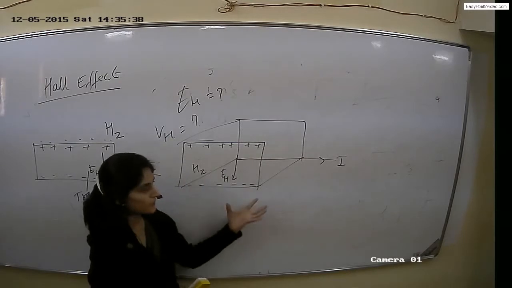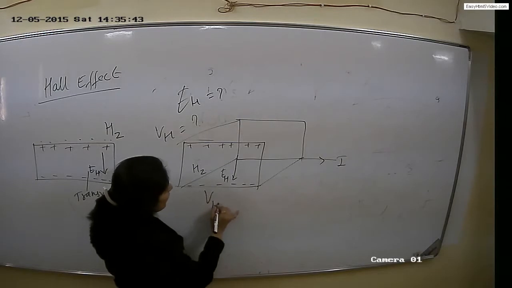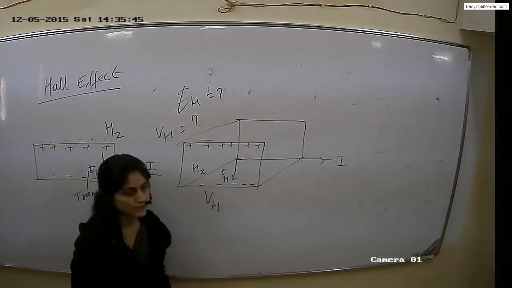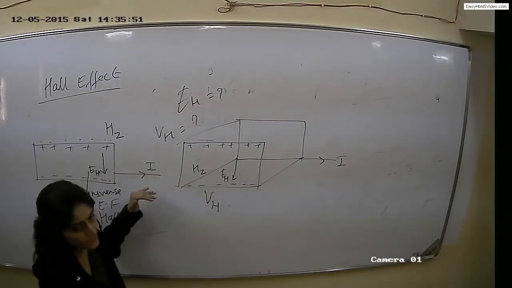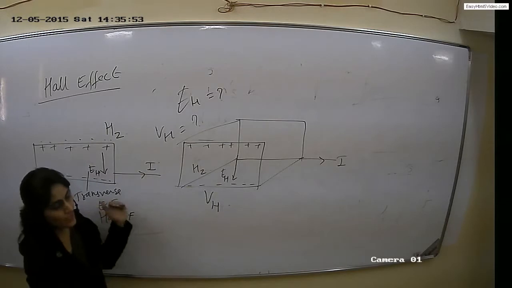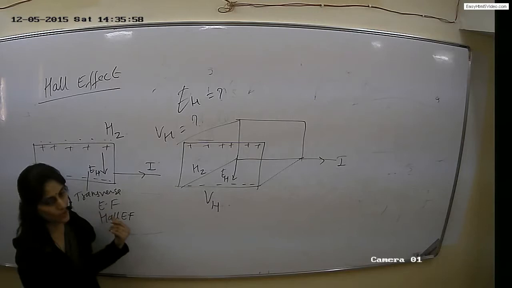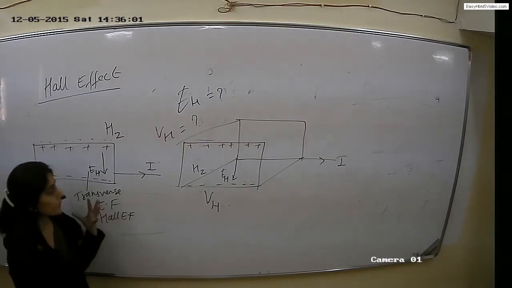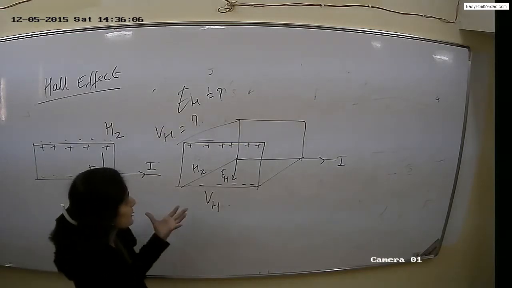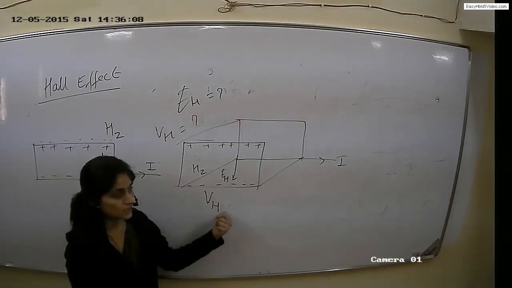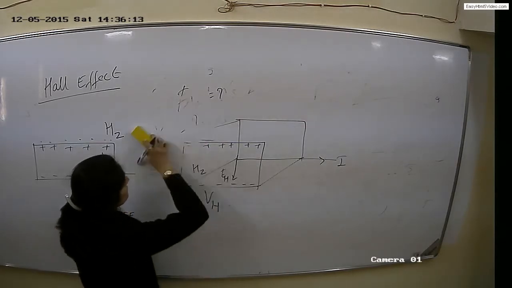It means if potential difference is applied across this conductor, then it is called Hall potential or Hall voltage. So let me revise it again. When this current carrying conductor is placed in a magnetic field, then an electric field is developed, which is called transverse electric field or Hall electric field, and when the potential difference is applied across the ends of the conductor, then it is called Hall potential or Hall voltage. So we have to derive this relation.